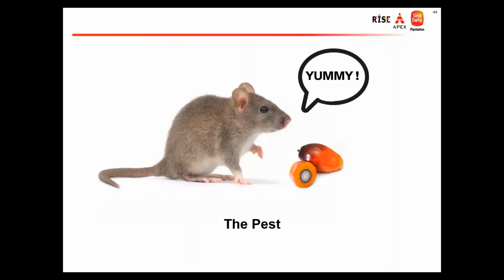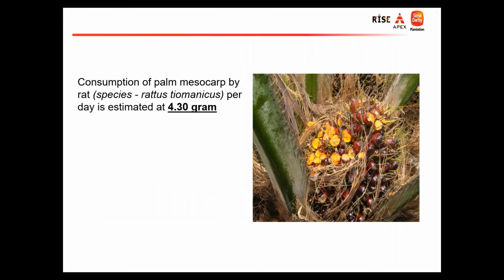This rat pest is actually a chronic pest of the oil palm. They are present in all stages of the palm age, in the mature stage, immature stage, what I call the replant, and also new planting, and also in the nursery. So very severe crop losses can occur if this rat pest is not controlled properly. Next slide.